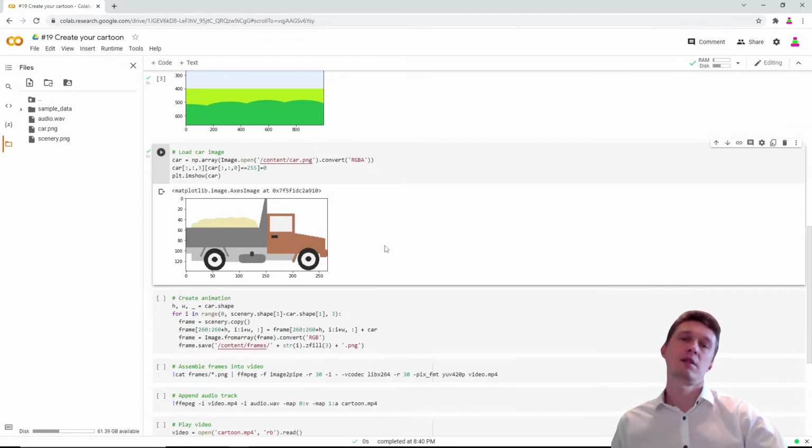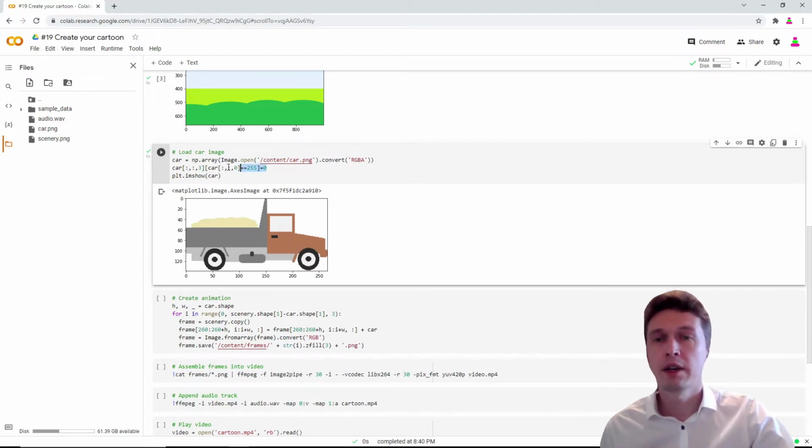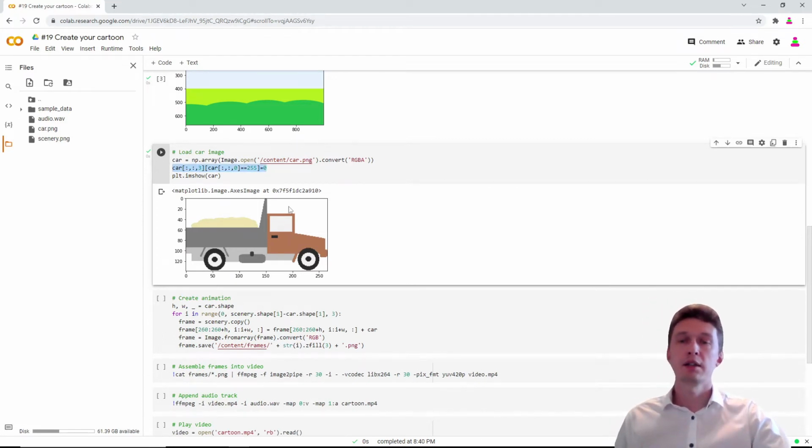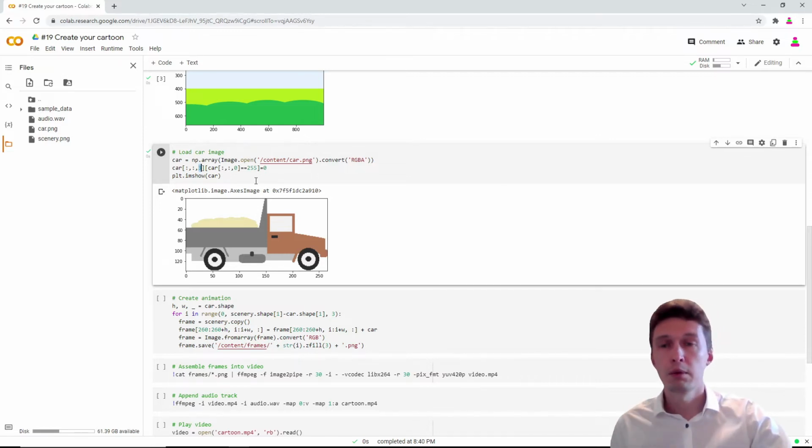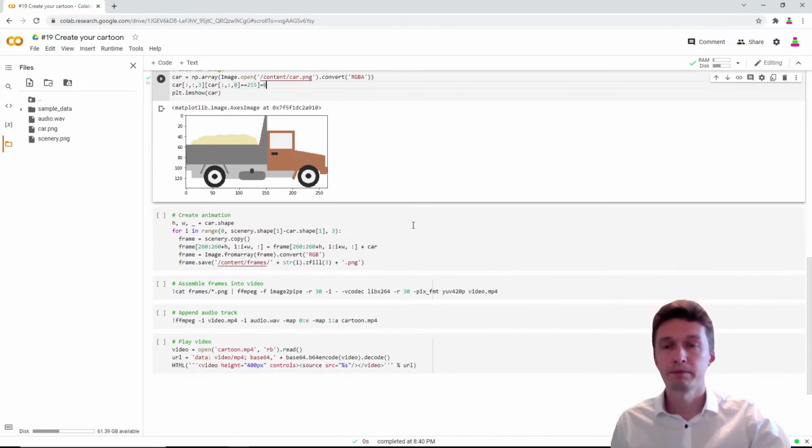It's a nice lorry. I do some manipulation. I substitute this white background, make it transparent. Our transparency dimension, 0, 1, 2, 3, number 3 will be made 0 for all the white.